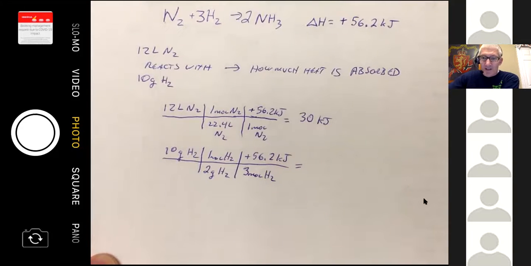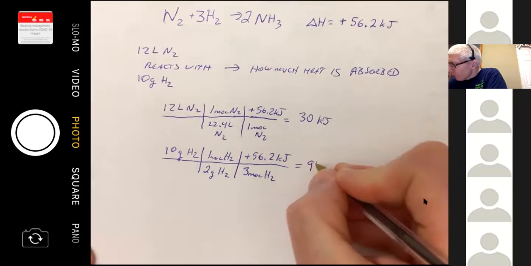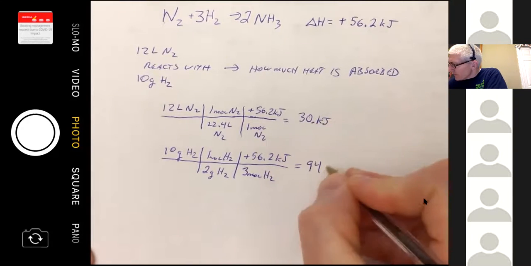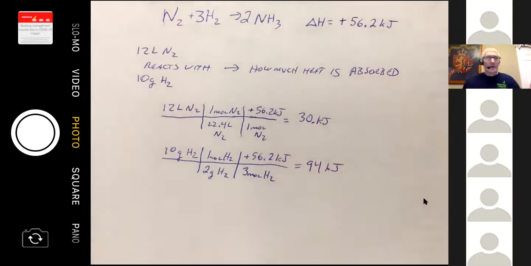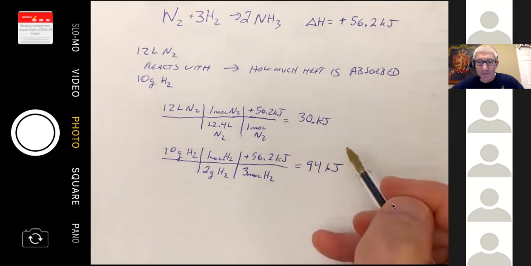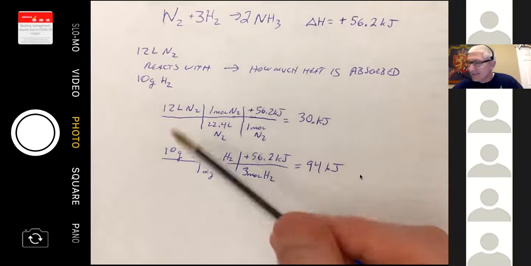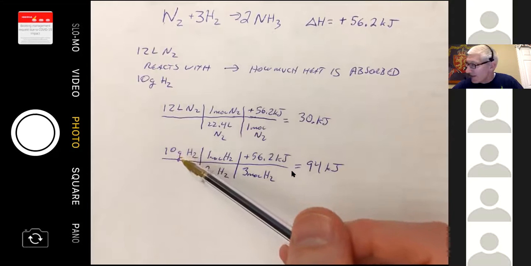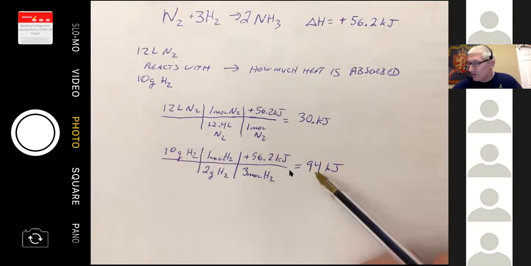And some of you guys that are quicker than me, you are already on this. Double check my numbers here. I'm getting something on the order of 93.6, which I would round to 94. Yes. All right. So at this point, which one do we go with? Smaller one. Always, all right? Because as nice as this is, yeah, 10 grams is going to get me 94 kilojoules of energy absorbed, but